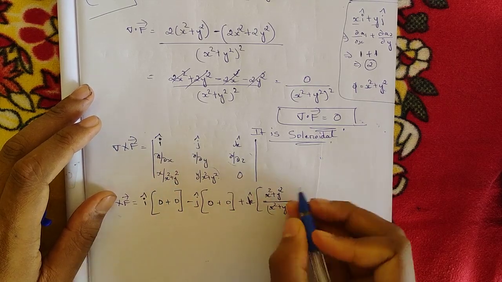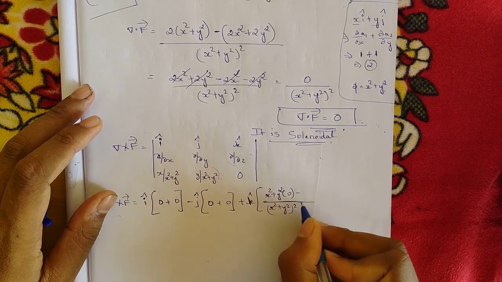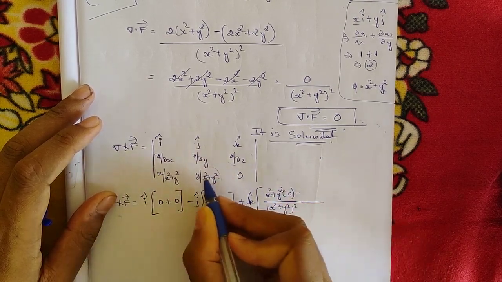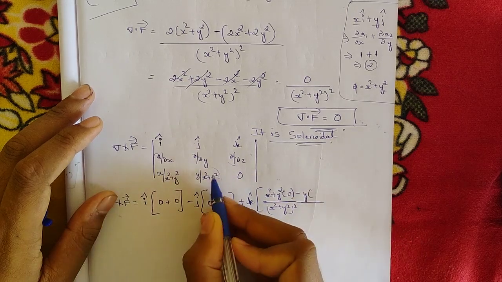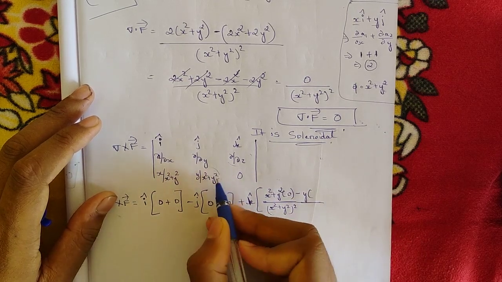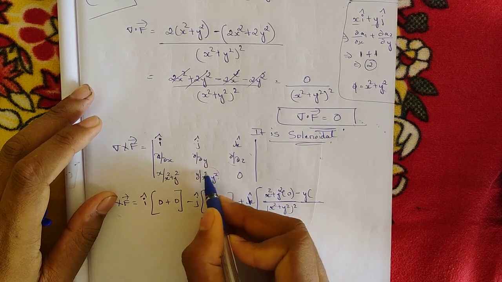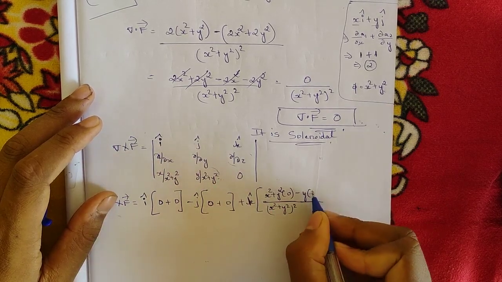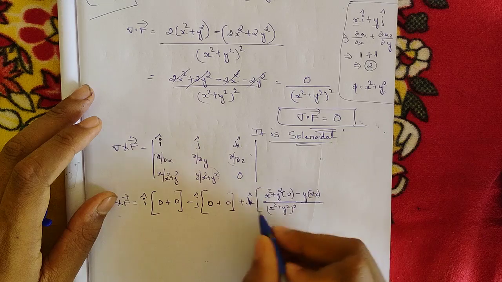Okay, we don't have any x term, so that is equal to 0, minus numerator as it is, y, into the differentiation of the denominator with respect to x. Again we don't have an x term here, so this goes, and the differentiation of x square is 2x. Okay, so this whole term,